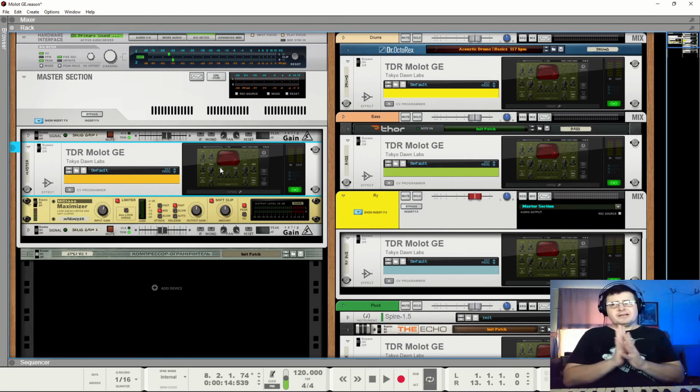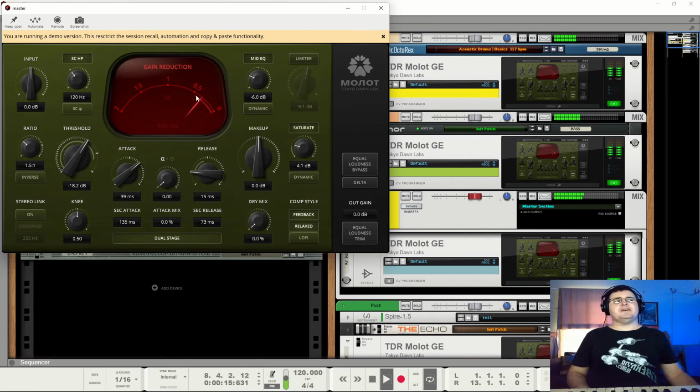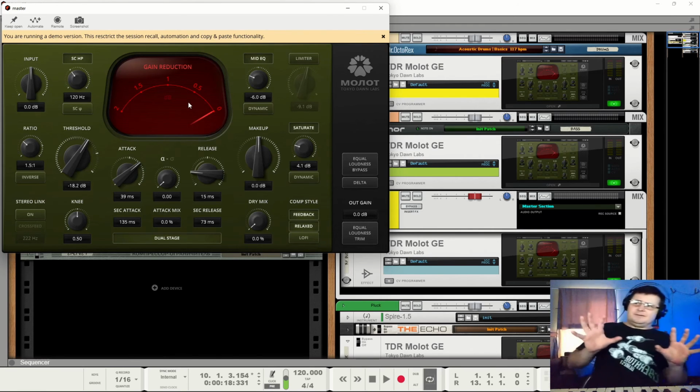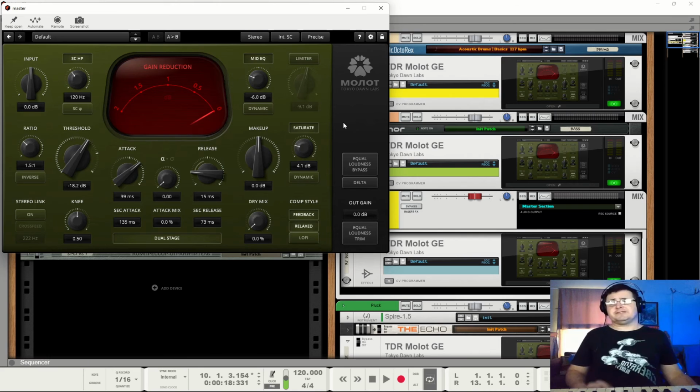You need to be very careful with that because if you're doing any more than very subtle compression, you see here I'm using sort of half a dB. That's a very subtle movement. If we do much more than that, then it's like crazy tennis. And that can be very distressing for the listener, very distressing indeed.